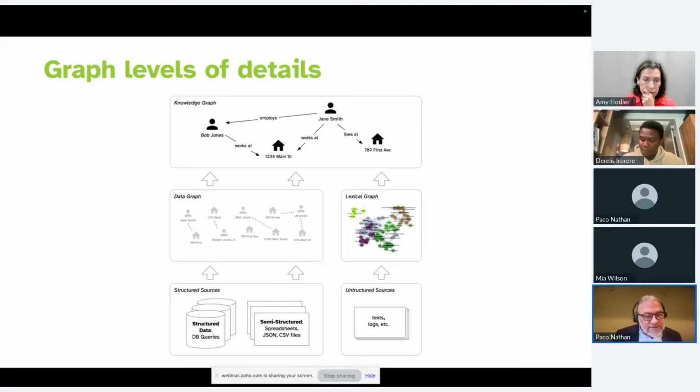It's kind of noisy and it has a lot of details. You certainly would not want to use that for inference, but it's like a staging area where you organize your data. It does track a lot of the provenance though, so you can trace back where this data comes from. But then once you can start to do your linking inside the data graph, you can promote the entities and relations and properties up into your knowledge graph, the thing that you want to use and do inference with. On the right-hand side, going from unstructured sources, you can build out a lexical graph and tie these into your knowledge graph. So again, the idea here is to be able to take both structured and unstructured, bring them together. In this talk, though, we'll focus on the unstructured part.